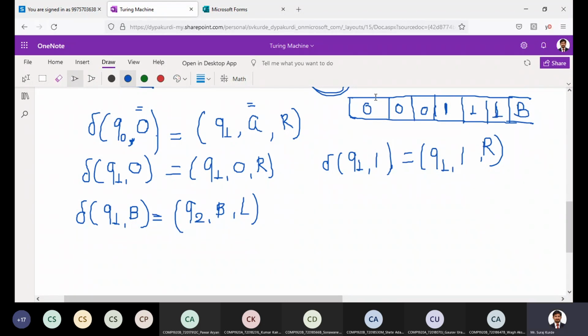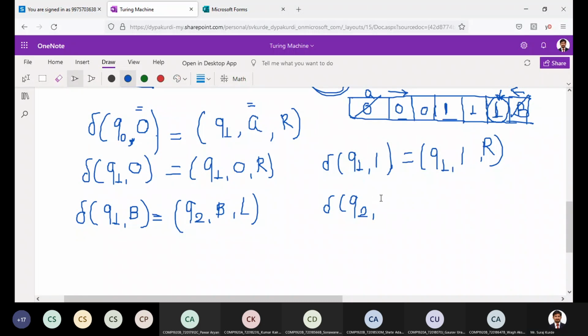So first we replace this 0 with A and move to the right side. We have to replace this 1. Now where is this 1? To the left of B. So first find B. In between we will read 0, we will read 1. Keep them as they are. Go to the right cell until we read B. Wherever we read this B, keep this B as it is. Go to the left. On the left of this B, what should it be? It should be 1. Now replace this 1 with B.